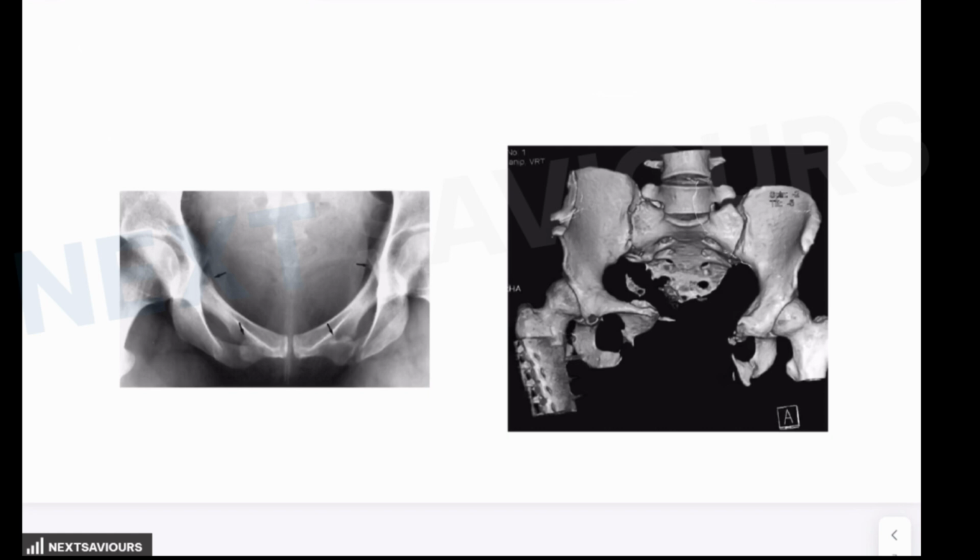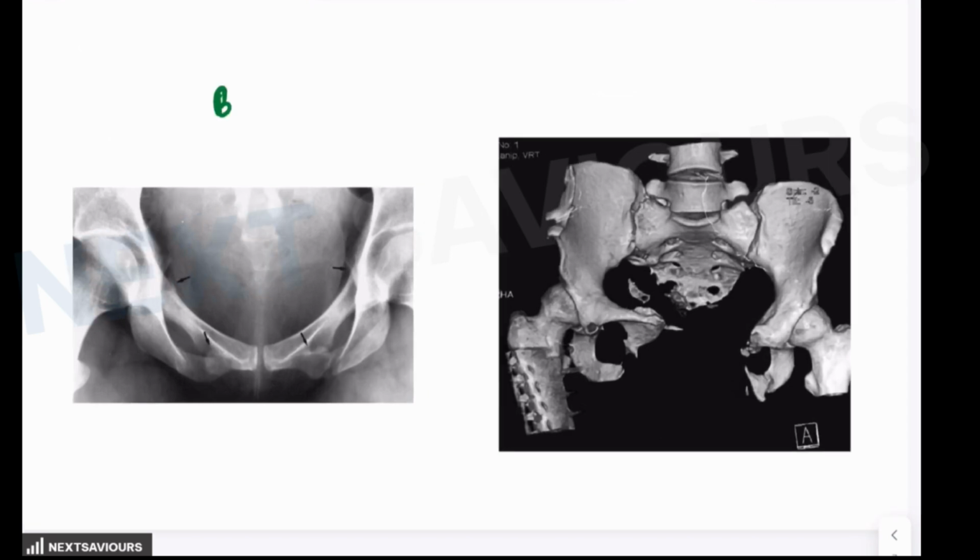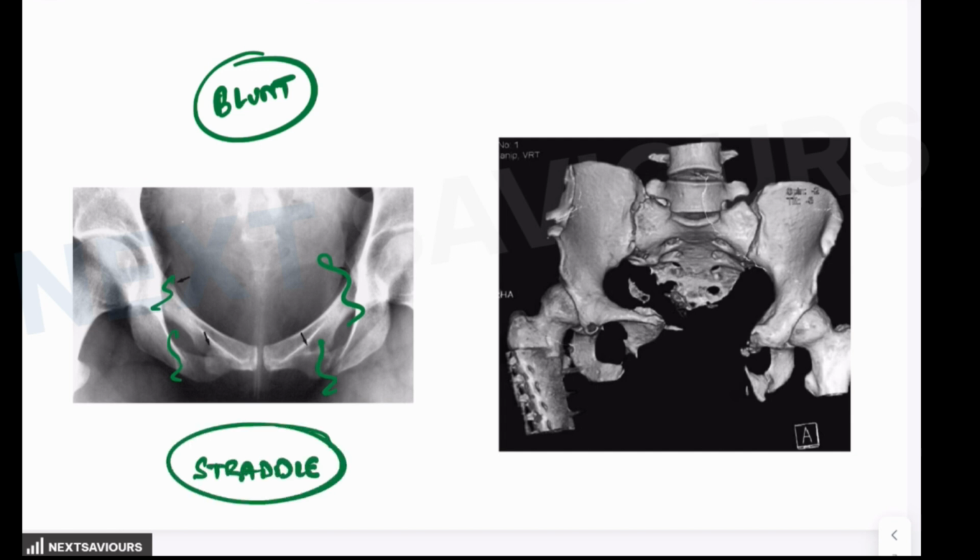Then point number two is to identify the type of injury which is presented to you in the question. For anterior urethral injury, it often results from a blunt trauma, and majority of the times the examiner tries to give you a fracture that is a straddle fracture. All of us are aware of what a straddle fracture is. It is the fracture of all four pubic rami because of the anterior blunt trauma that commonly results in bulbar urethral injuries. So it can range from contusions, that means minor bruises, to partial or complete ruptures of the urethra.